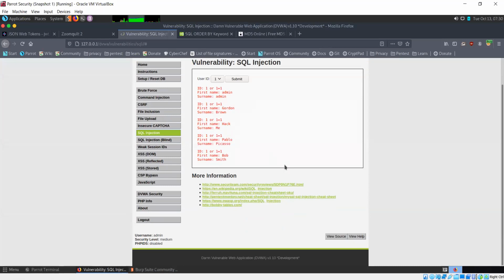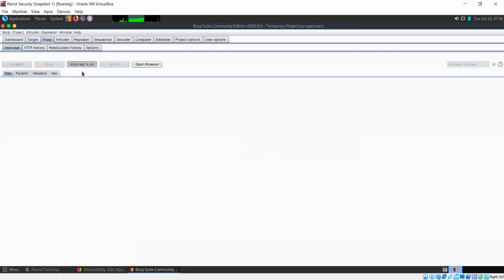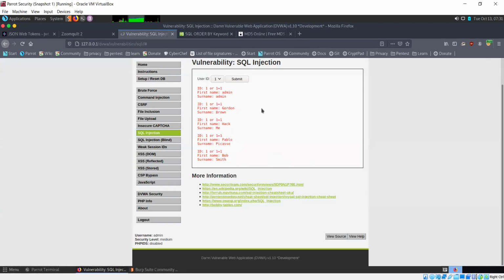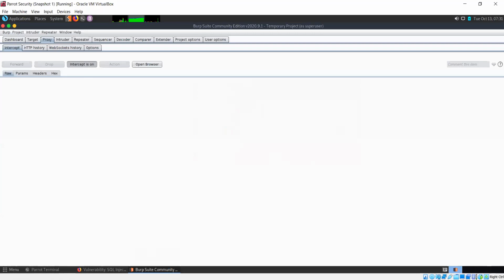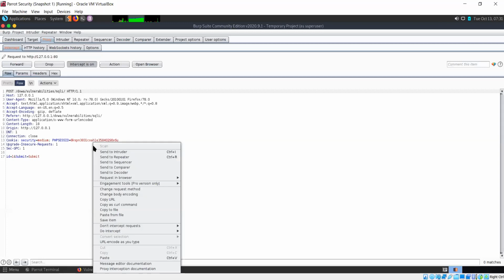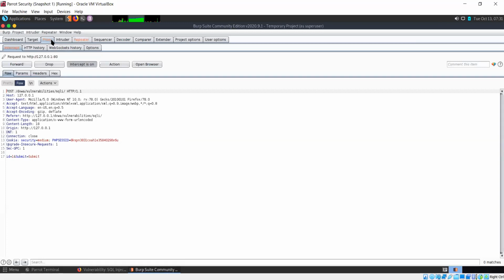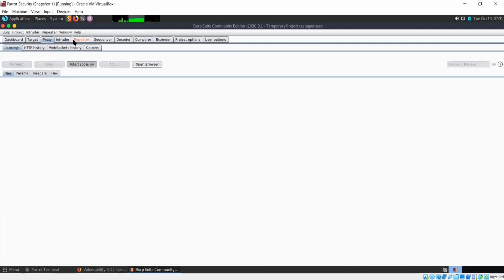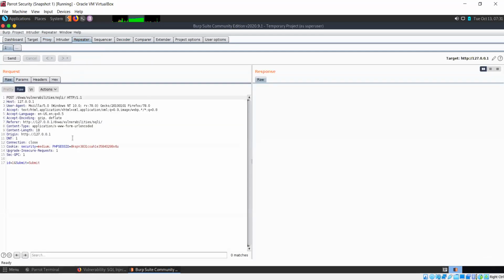So we can use Burp Suite to inject all our SQL queries so that we can perform SQL injection this way. And there's one more tool in Burp. Let's just try this again. Intercept on, submit, open this. I can send this to Repeater. Just forward it like this, and within Repeater, I can repeatedly send this request as many times as I want and view the response here.